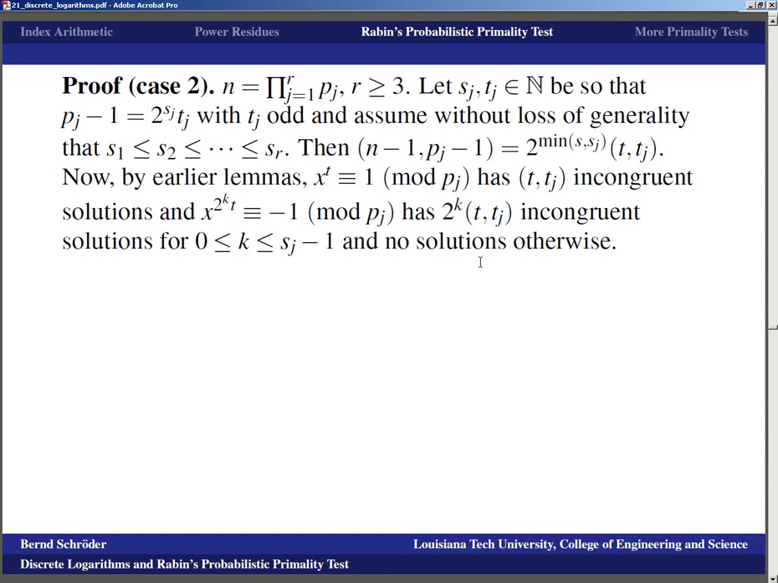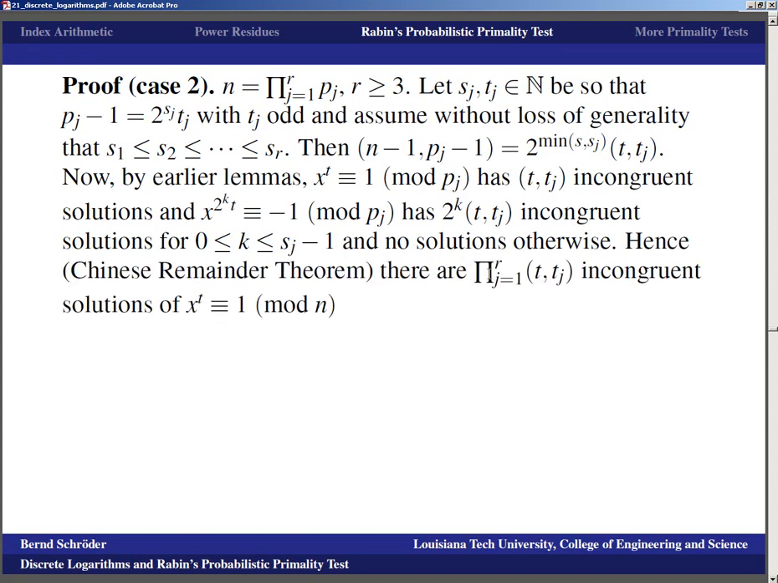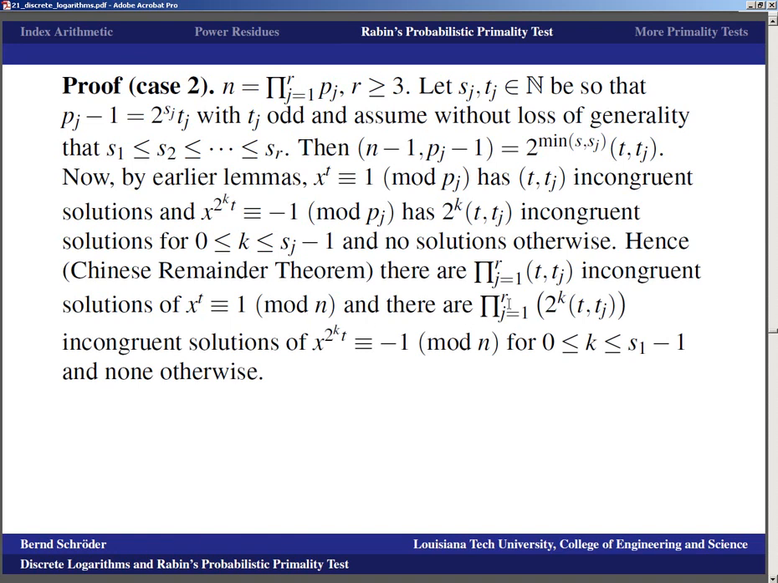In the first case, we only needed to look at base raised to the n minus 1, and we got that in that case things work very nicely. Now that the case gets more complicated, we need to look at the other congruences that are required to be satisfied by Miller's test. And hence, via this Chinese remainder theorem lemma that I spelled out explicitly, there are the product over j equals 1 to r of the greatest common divisor of T and Tj incongruent solutions of the congruence x to the T equivalent to 1 modulo n. And there are the product over j equals 1 to r of 2 to the k times the greatest common divisor of T and Tj incongruent solutions of x to the 2 to the k times T equivalent to negative 1 modulo n, as long